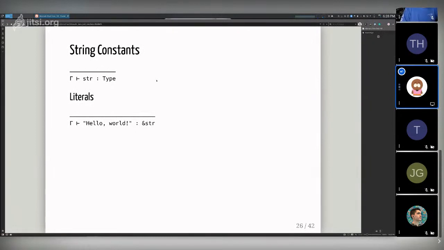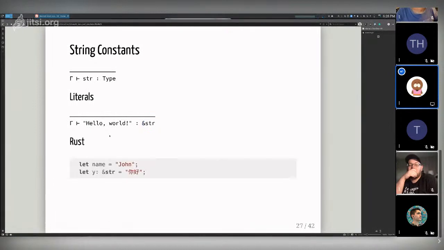Any string constant, anything that's in between quotes, is a str. Because the actual contents of the string depend on the length, you have to use a pointer. You can't really initialize just str. So this will always return a pointer to a str, or a str reference, more accurately in Rust.